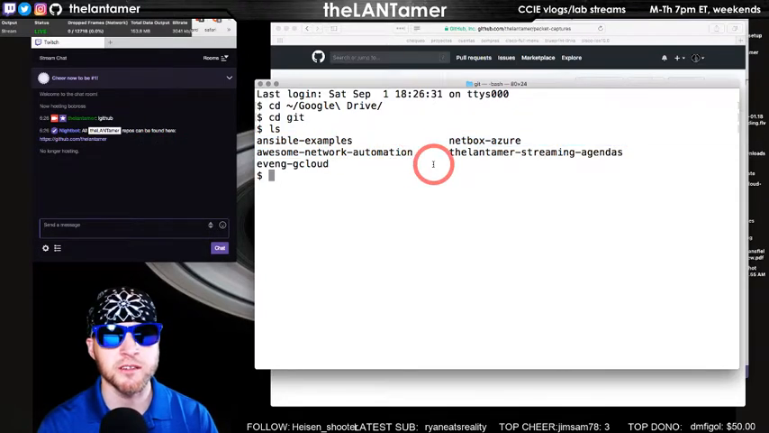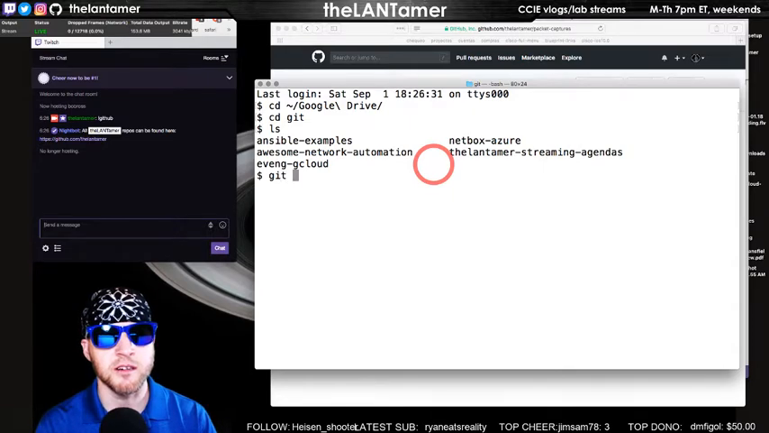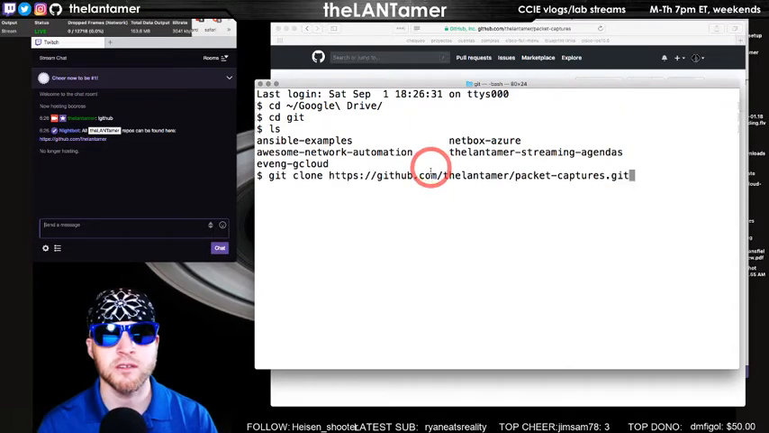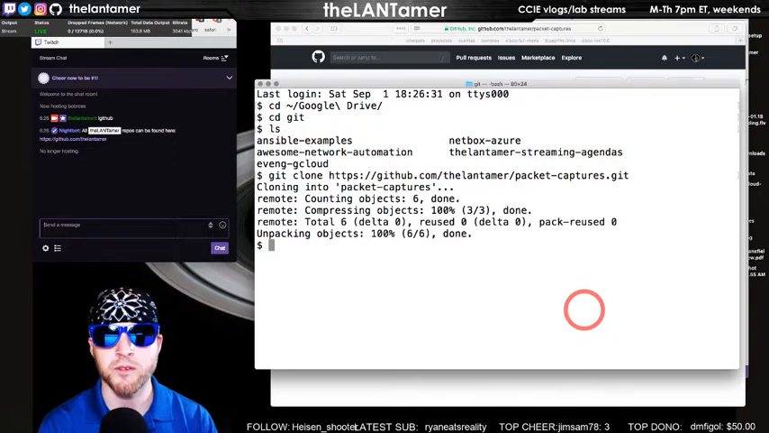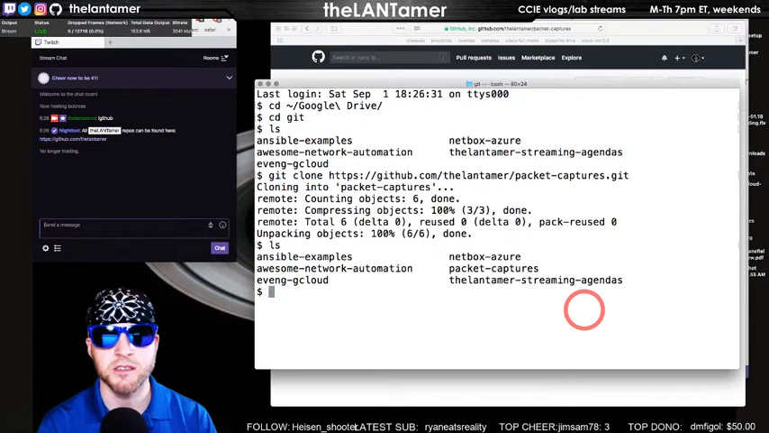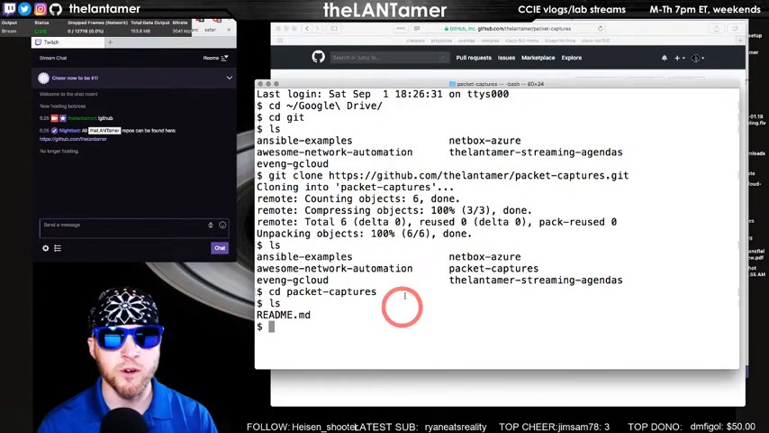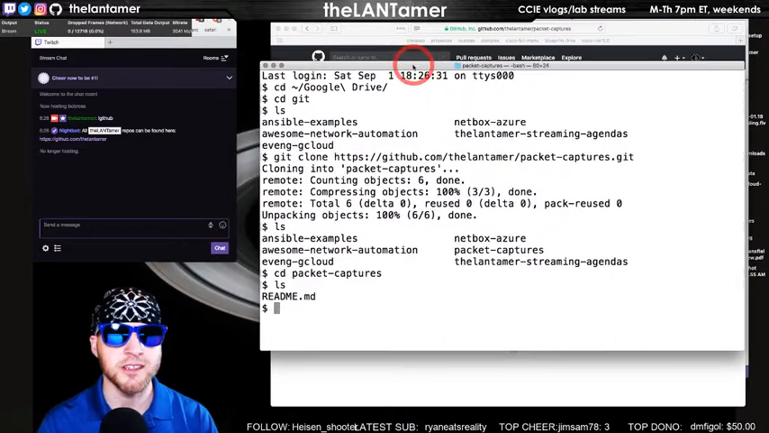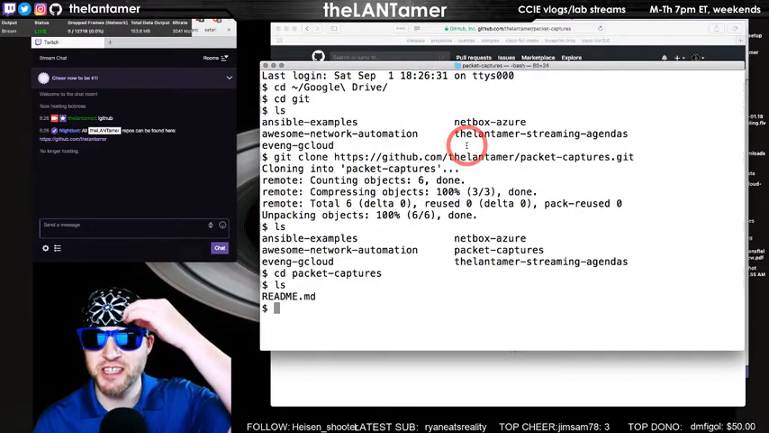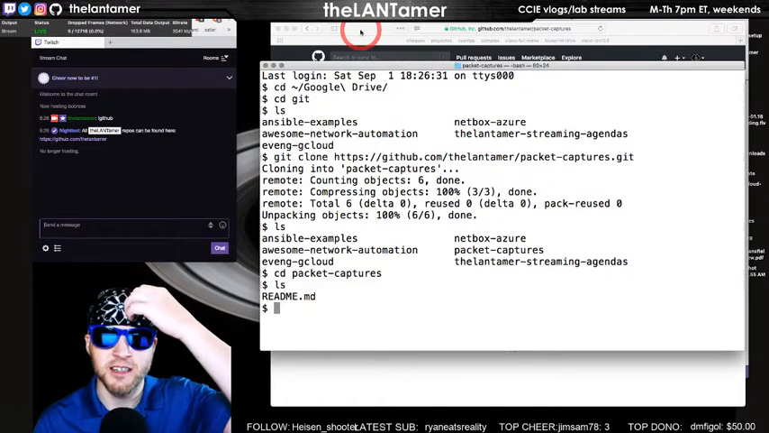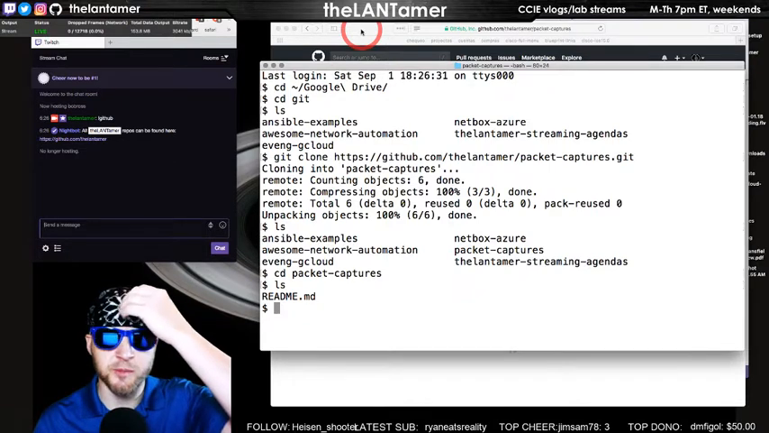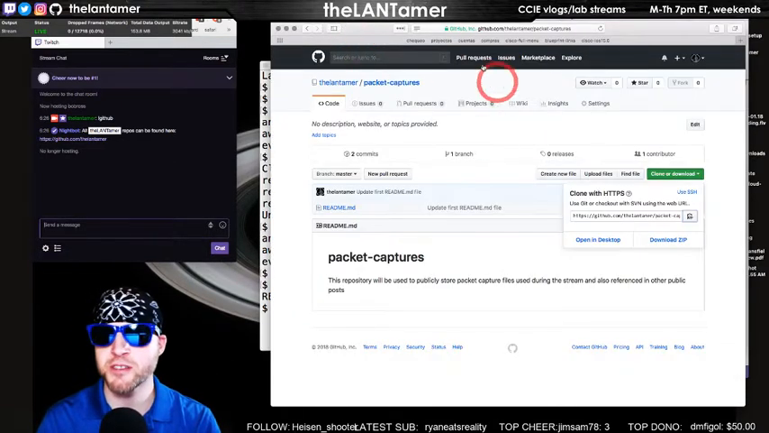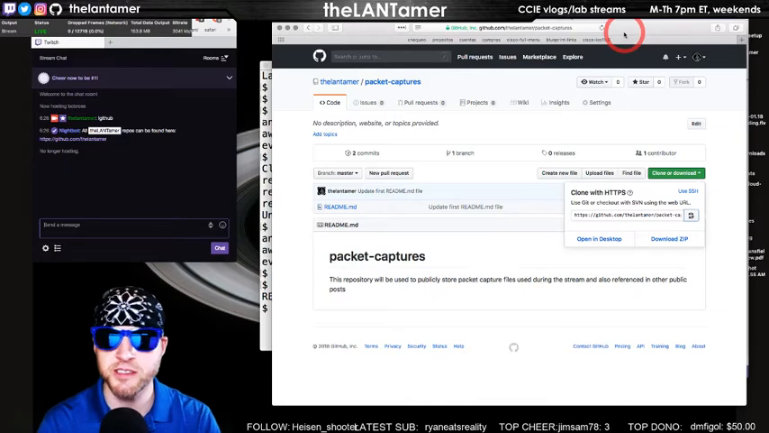So I'm just going to git clone and the name of the repo. And done. Now it's packet captures. So I've got one file in here, but the file I wanted to show is actually on another computer right now. And I meant to set it up over there, but what I may do for demonstrating this is